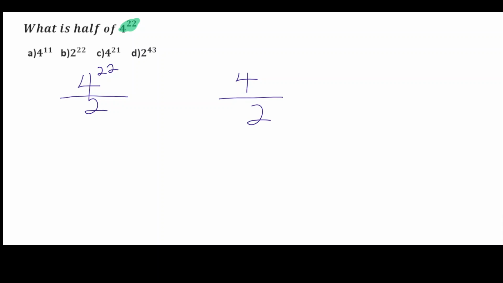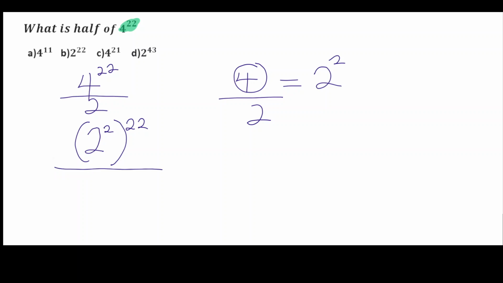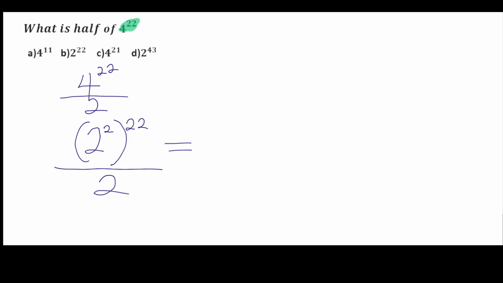But thankfully, we can make 4 have a base of 2 by writing it as 2 to the power of 2. And that's what I'm going to be doing now. I'll be writing 2 to the power of 2, then to the power of 22, as we have in the question, divided by 2. So since I have it this way, the next thing I can do is write this to be equal to 2 to the power of